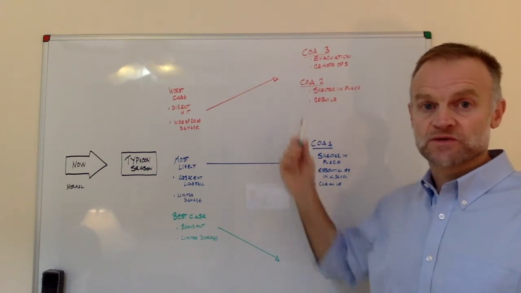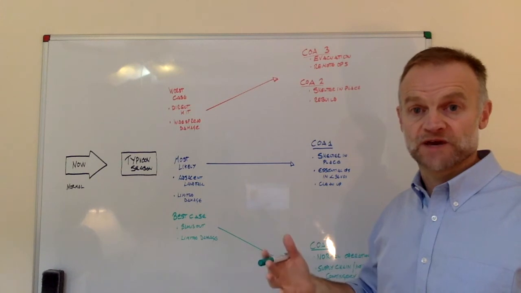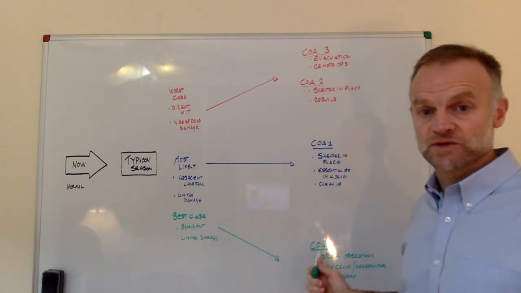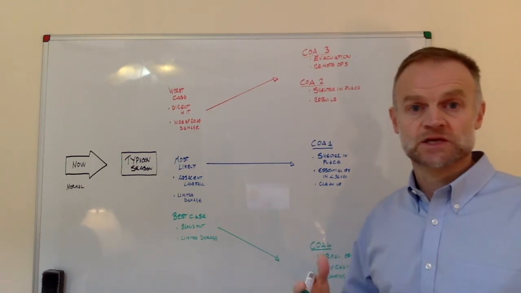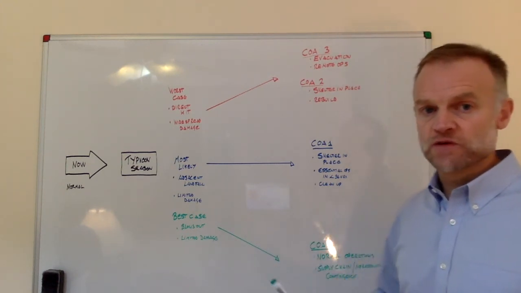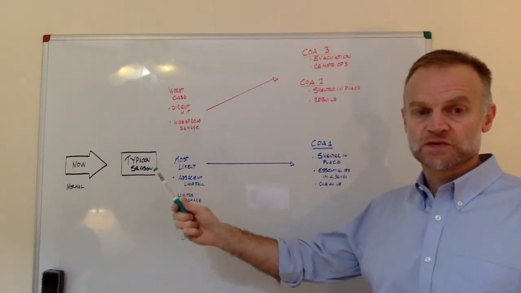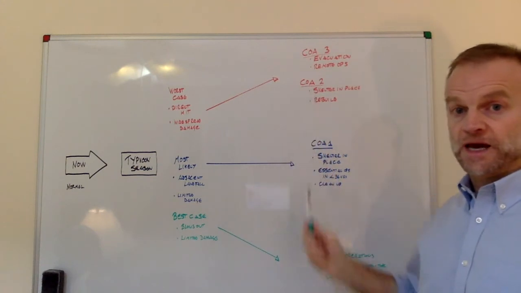And course of action 3 for scenario 2, the worst case scenario, which is an evacuation. And then finally at the bottom here, course of action 4 for the best case scenario, which is essentially continue as normal and plan around whatever effects there are. So now we've gone from the situation we're dealing with, the 3 different scenarios, and the courses of